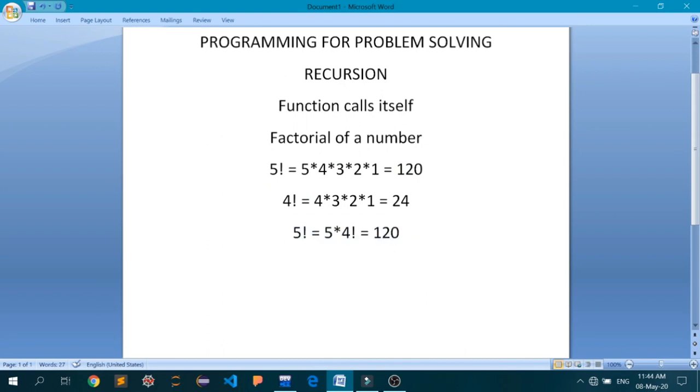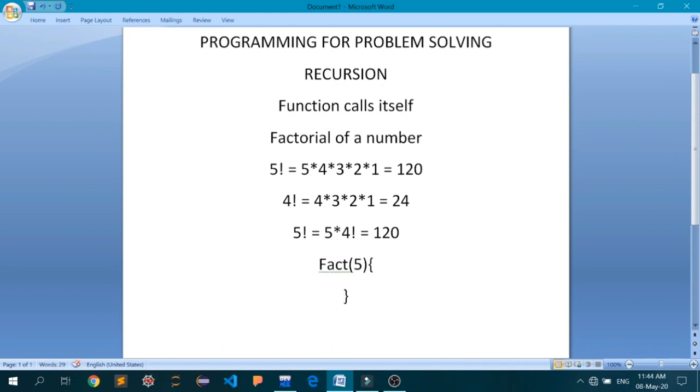Suppose we have a function which calculates the factorial. Let's say this function is fact, and if I input 5, then this function fact calculates 5 factorial.